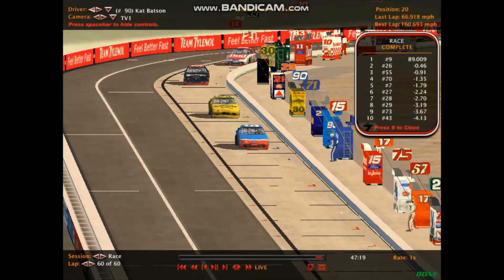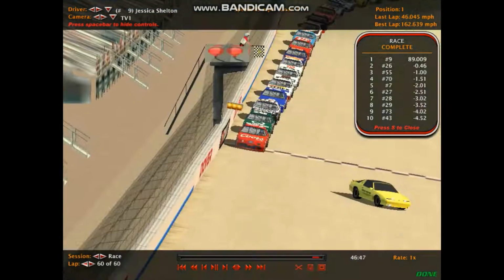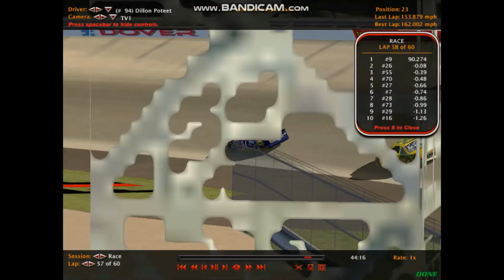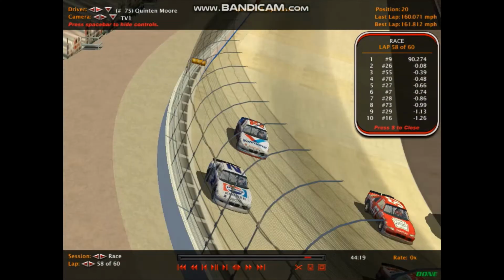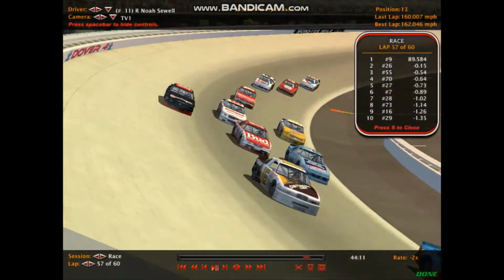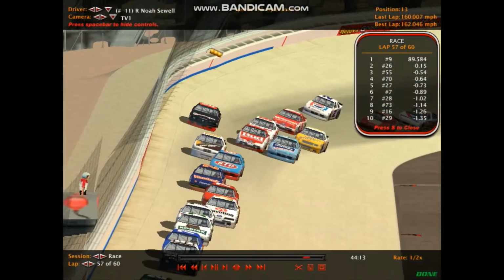Okay here. Everybody else is going to be teleported a lap down, looks like. We'll see what happened to cause the yellow flag to fly. Yeah, I see some debris in turns 1 and 2. It was indeed Noah Sewell on the 11. Off turn number 4 right there,